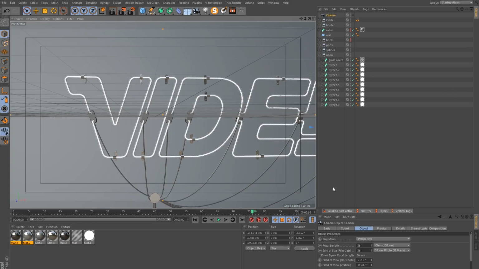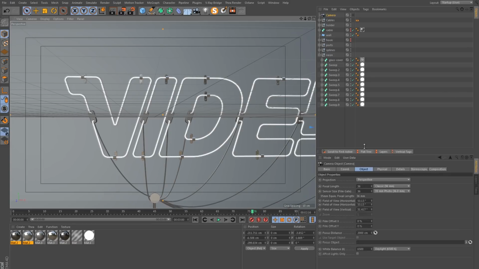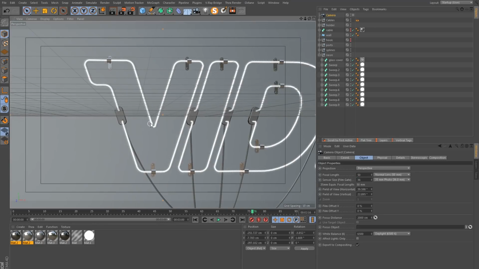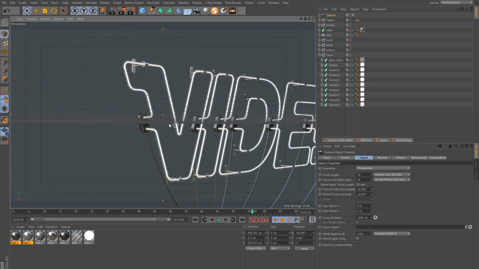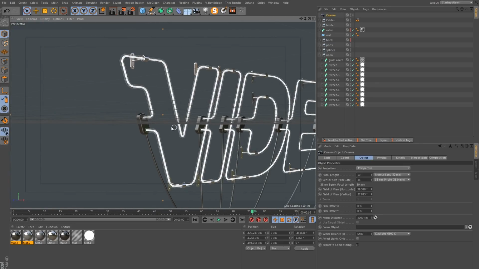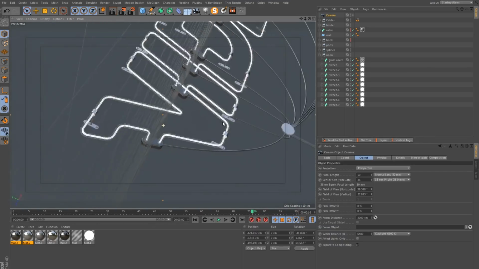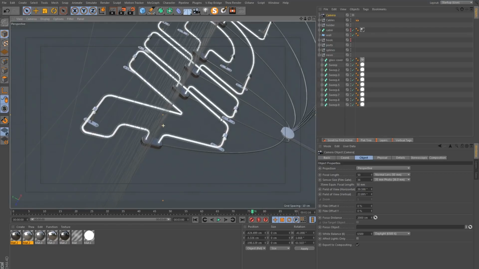If I get a camera, let's set the focal length to 50, and if I look through this, I'm gonna start on the left side, and if I hold 3 on the keyboard and then right click, this is how I tilt the camera.